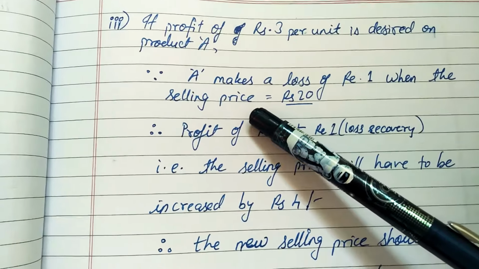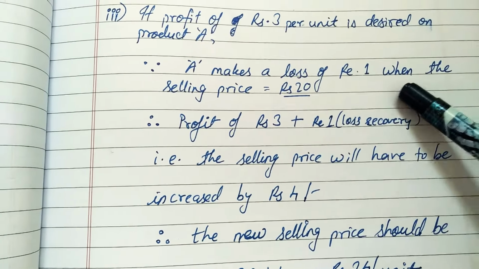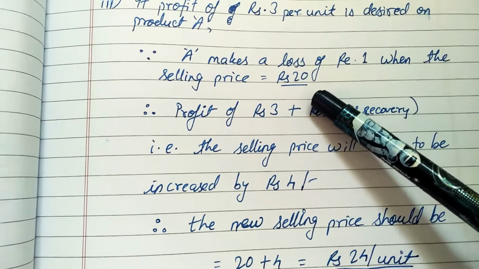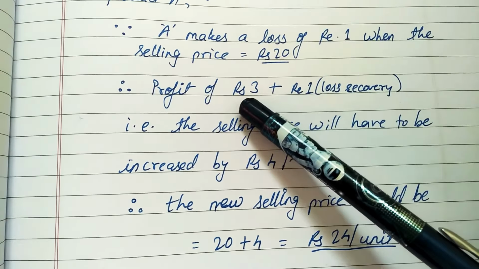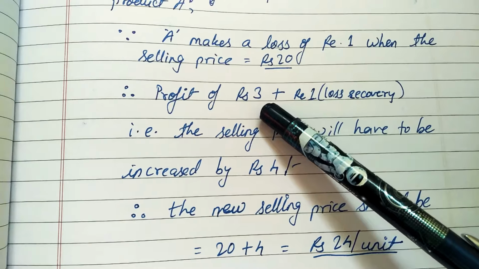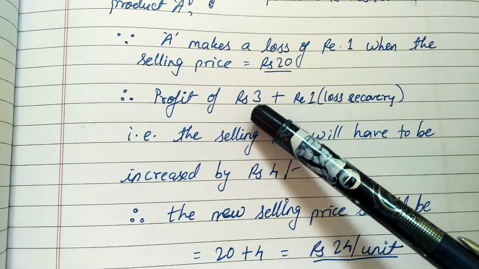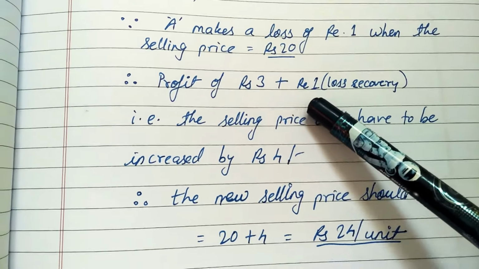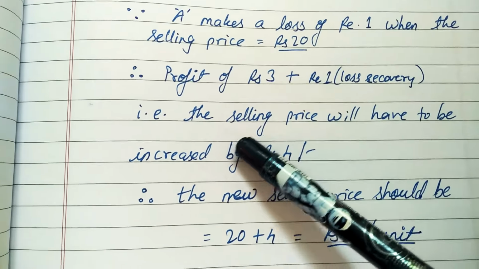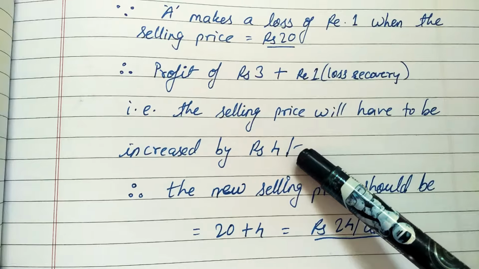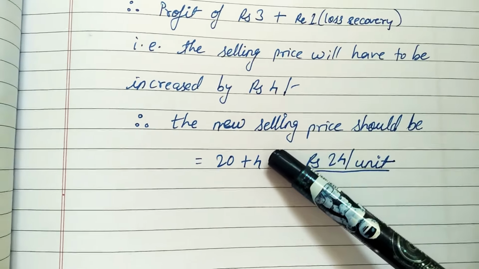Very simple. Since A makes a loss of 1 rupee when the selling price is 20 rupees, to make a profit of 3 rupees, you will have to add 3 rupees of profit plus 1 rupee that has to be recovered from the loss. So all in all, the selling price will have to be increased by 4 rupees. That's it. So therefore,